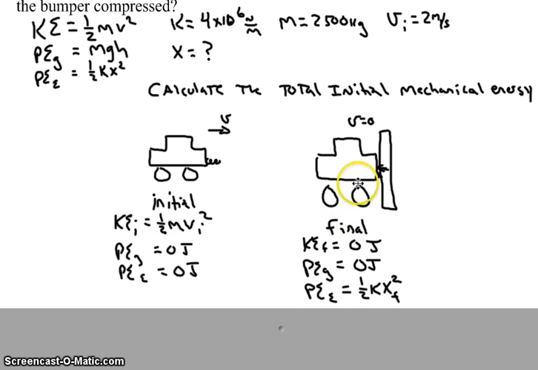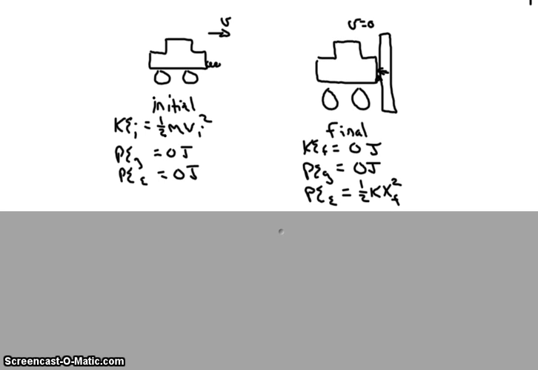Then you get to the end, and what's happened is the car has hit the post and has compressed the bumper. So at that moment, at that maximum compression, the car wouldn't be moving. So our final energies would not consist of any kinetic energy, since our velocity would be 0 now. Again, we haven't changed any heights, so that's 0 joules. But all of the energy is now stored in the compressed bumper, or the compressed spring, before it might spring